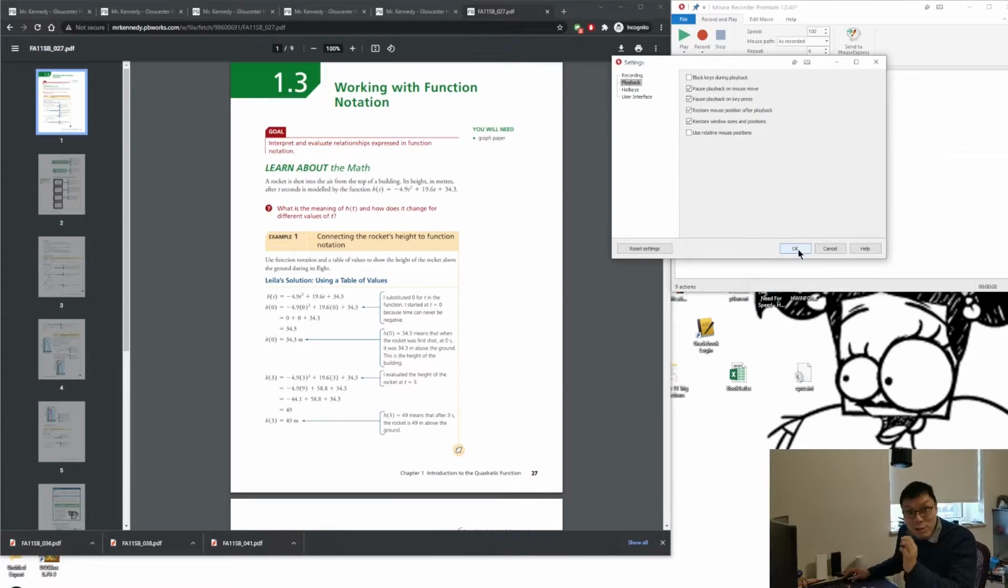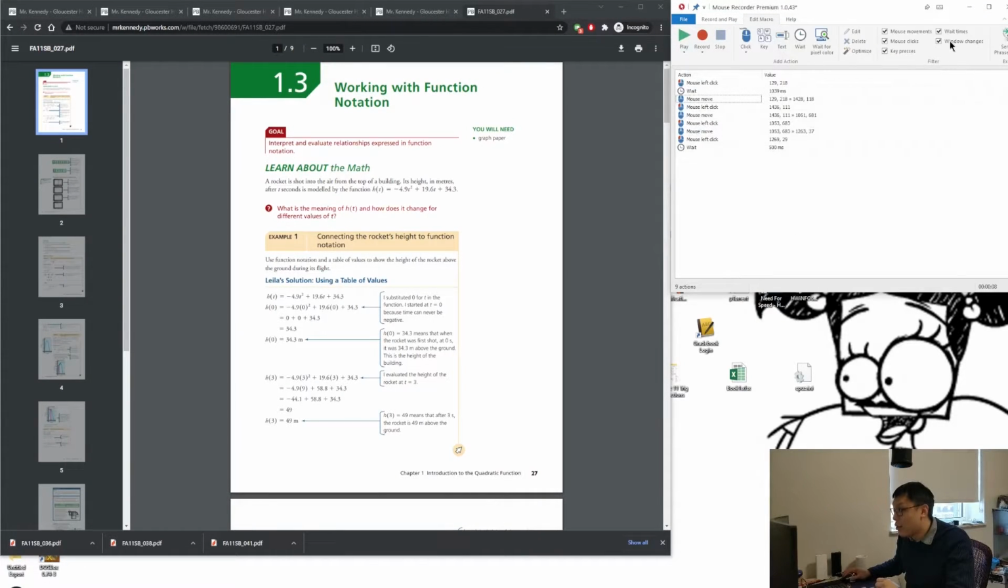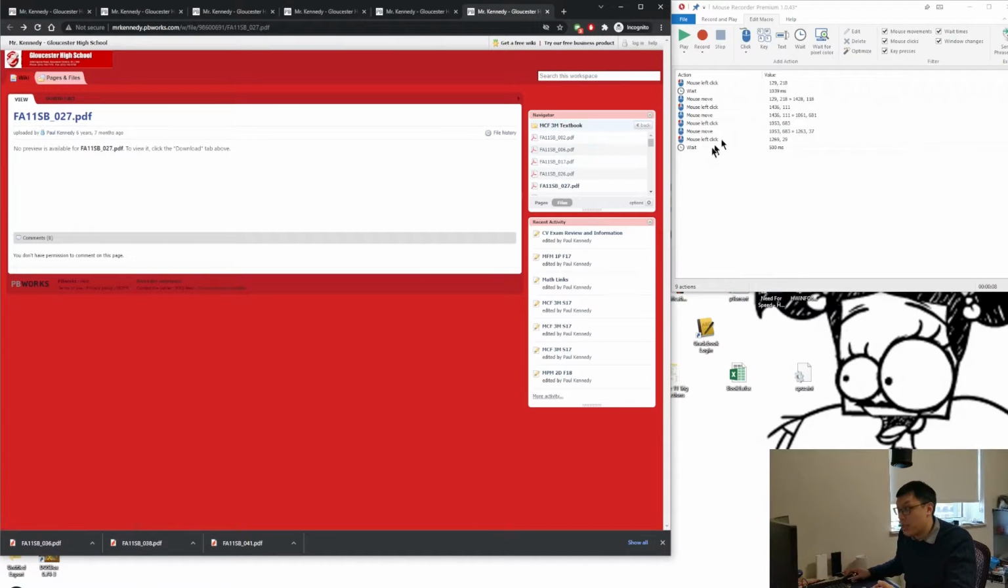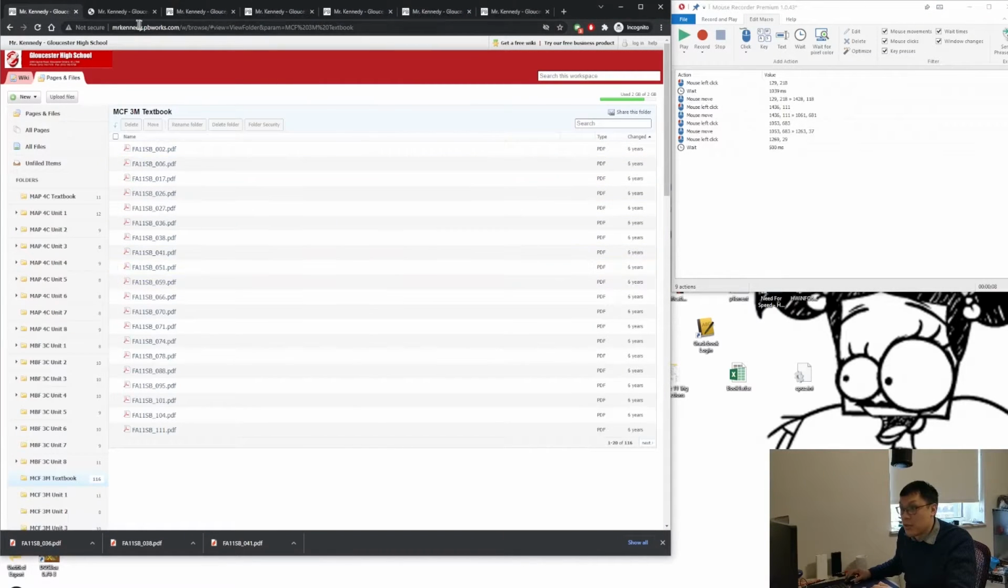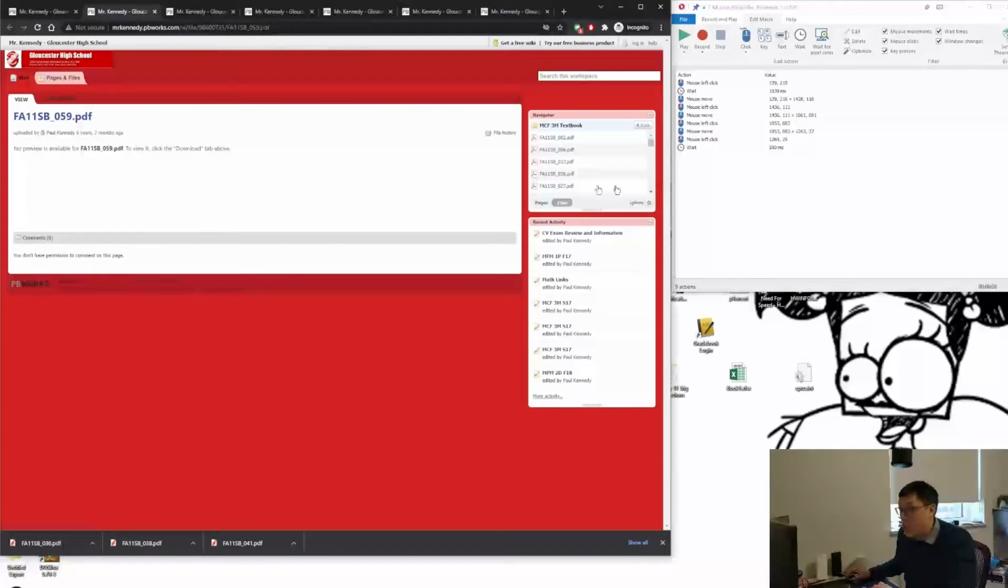I need to tell you about the window changes, because if you don't delete the window changes, it will not work. Such as, for example, if I open up another one, like this one, and record the window change,